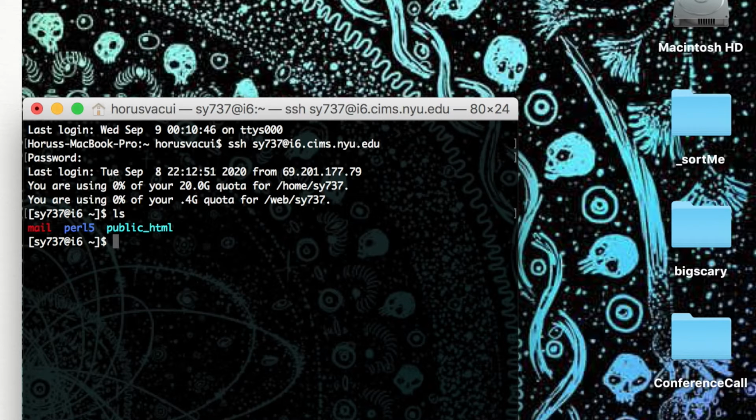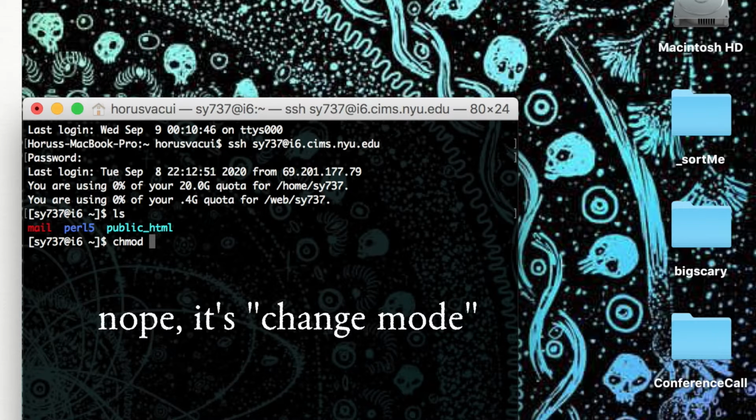But your public HTML folder may not be accessible to the outside world yet. So for that, you have to change the permissions on that folder. We're going to do that. We're going to write chmod, which stands for changing the permissions, and we're going to say 755,